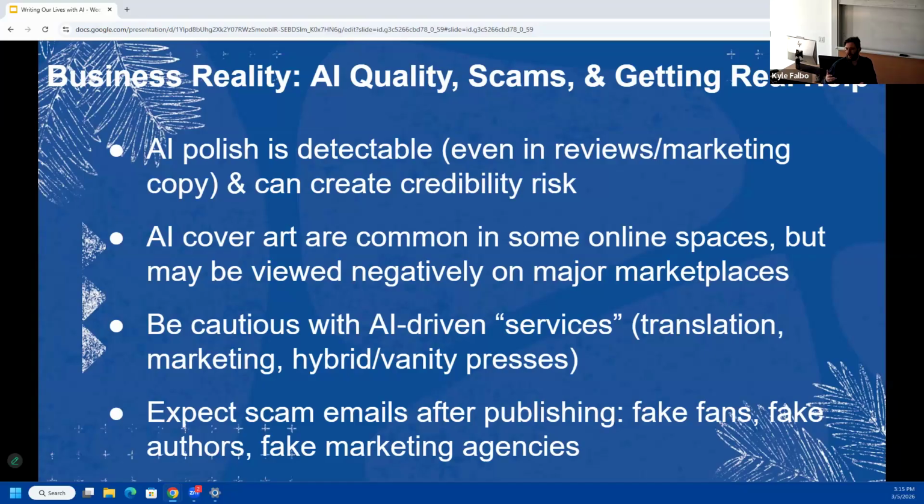They'll try to do it off either your byline or just your title, and you're not going to get a fair representation if it's not based on the characters, the plot, the story itself. So if you go that route, you probably want to do it yourself or work with somebody directly to make sure the prompts used for those AI images are representative of your work. Be cautious with AI-driven services.